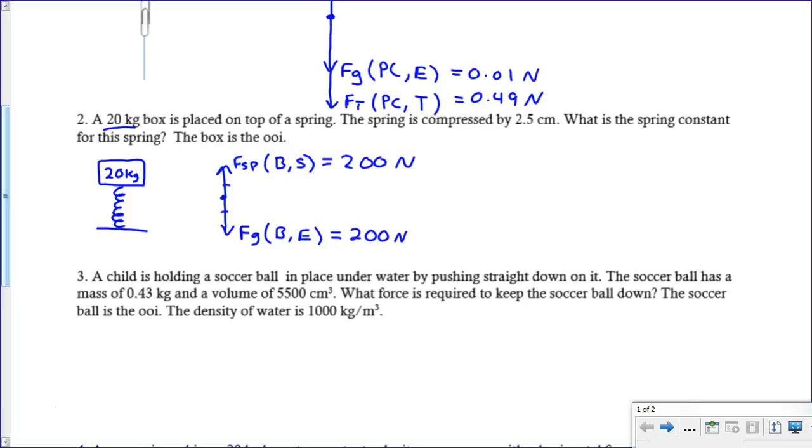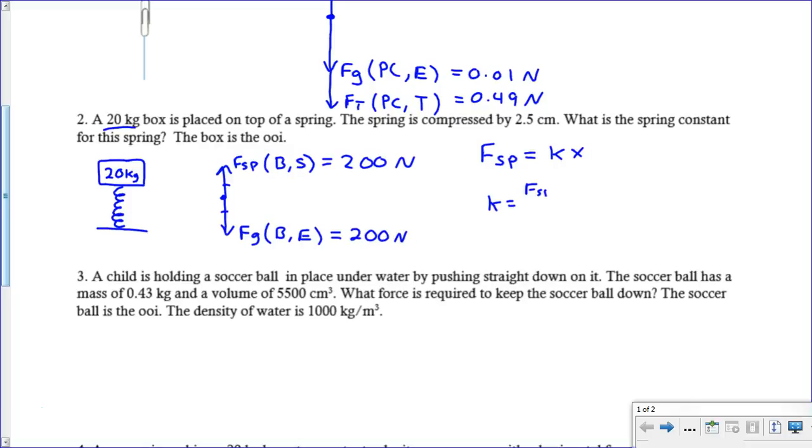All right, and then we look at what it's asking us here. It says, what's the spring constant for the spring? Well, you need to be familiar with the equations to understand what this is asking. The spring equation, or the elastic force equation, says this. Force of the spring equals kx. K in this case is the spring constant, and x is the distance that the spring is stretched. All right? The spring constant is normally given in newtons per meter. All right? And so this is one of those cases where we need to make sure that everything is in the right units. So solving this for k, we get k equals